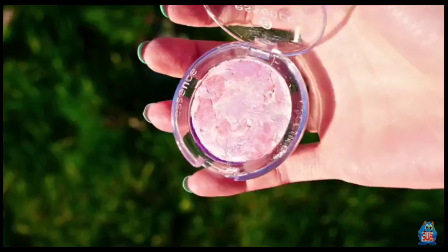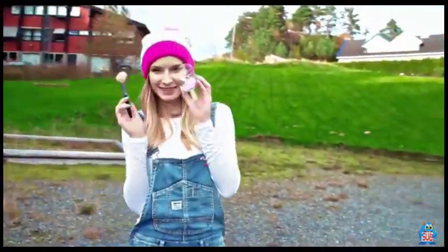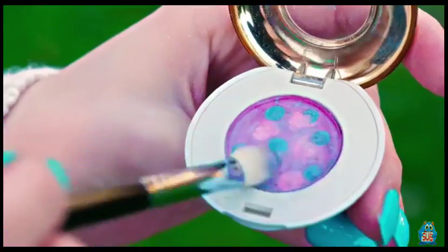Look at this gorgeous pink galaxy blush that we've just created. This is a great way to recycle broken or old eyeshadows and blushes. If you want to just repair a broken eyeshadow or a blush and leave it as a solid color, all you have to do is squeeze some alcohol into the container with cracked powder, flatten it down, and leave it